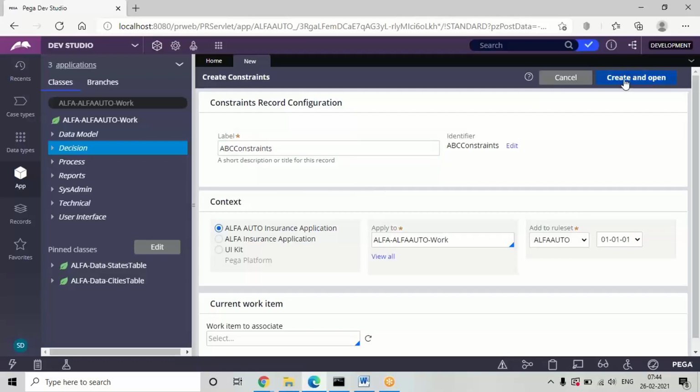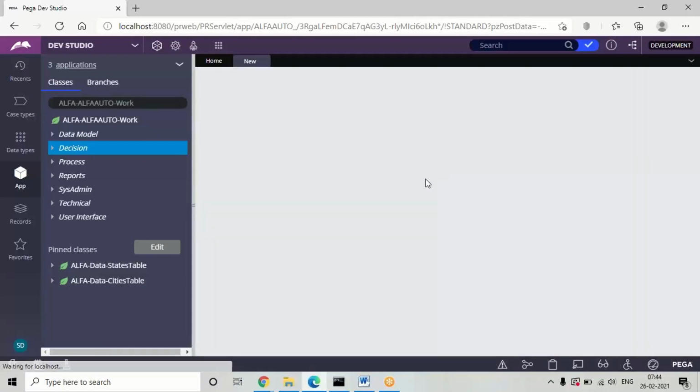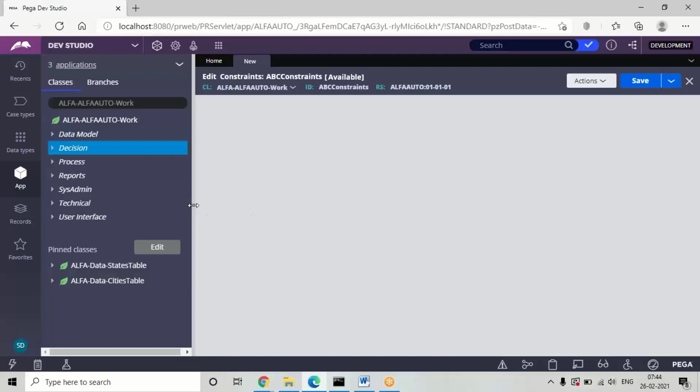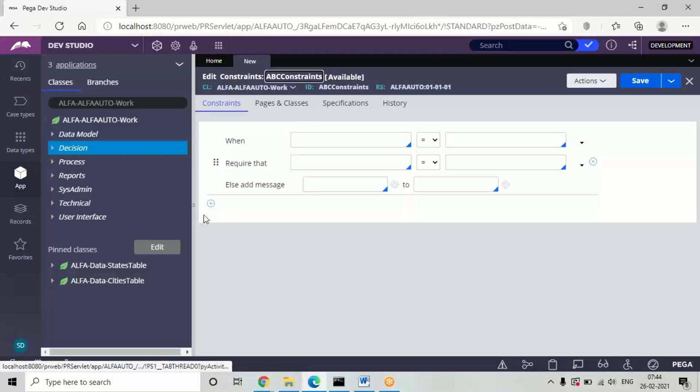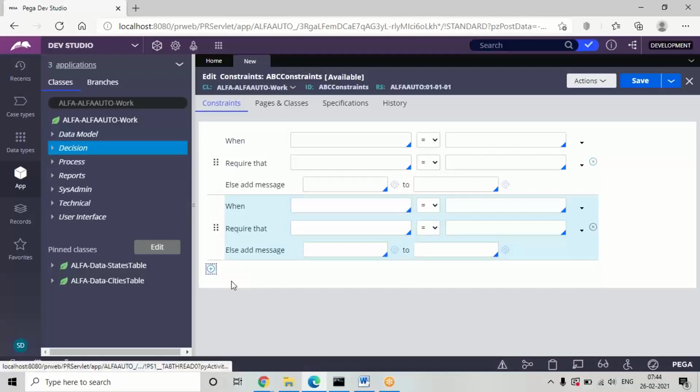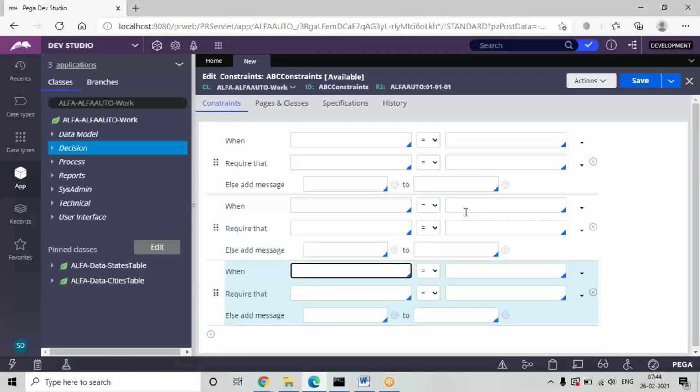So once you enter the name, I said that in your application, one constraint rule is enough. Because in the future, if you want to add more conditions, you'll be getting the add row option. So for different properties, in the same rule only, one identifier or one constraint is enough, because it's plural. All constraint conditions we can define in the same rule.